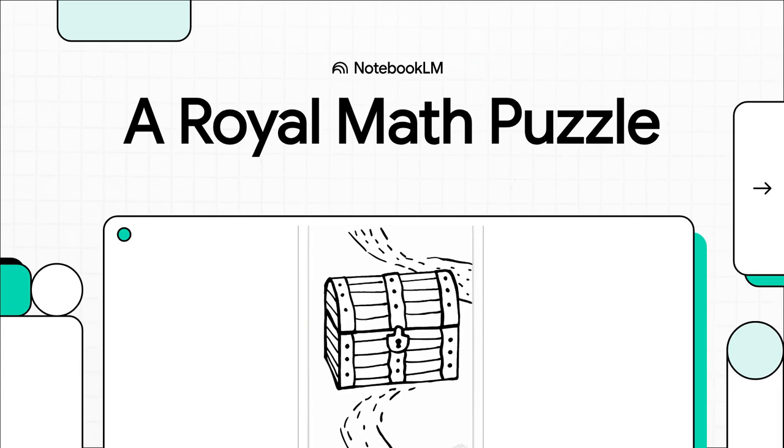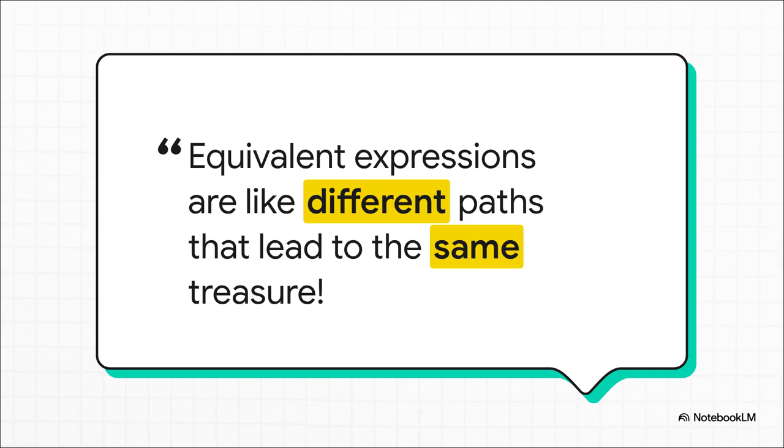All right, welcome. Today, we've got a bit of a royal math puzzle for you. We're going to find out if completely different paths can lead to the exact same hidden treasure. This whole idea is kind of the key to our entire journey today. It's like having a treasure map, right? You might see a few different routes sketched out on it, and they might look totally different. But a good map, a really good map, is always going to get you to that one spot where X